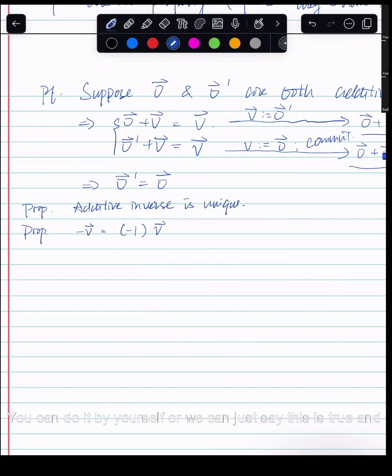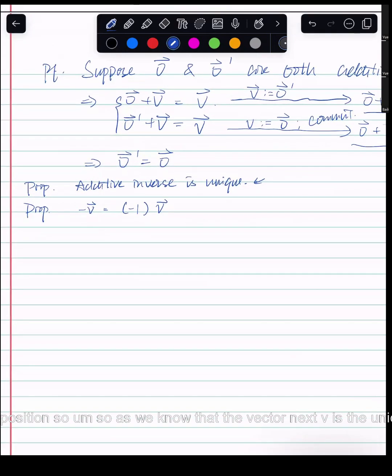This is also an easy proof. You can do it by yourself, or we can just say this is true. And then we're going to use this to prove the second proposition. So as we know, the vector -v is the unique vector such that